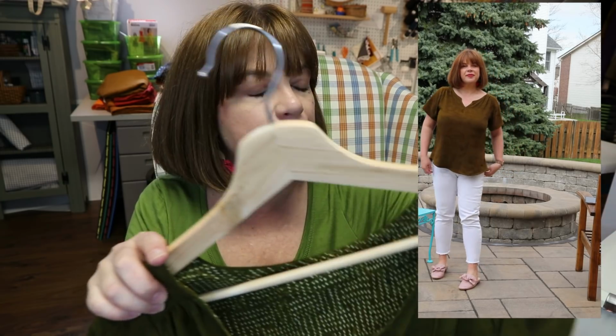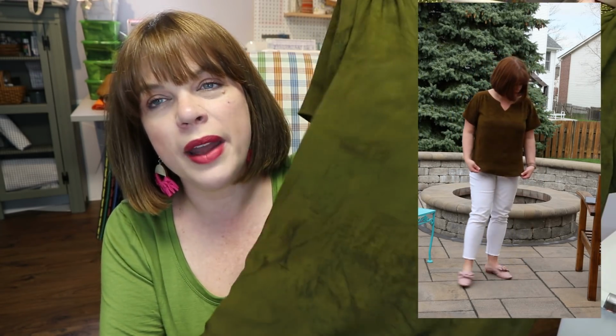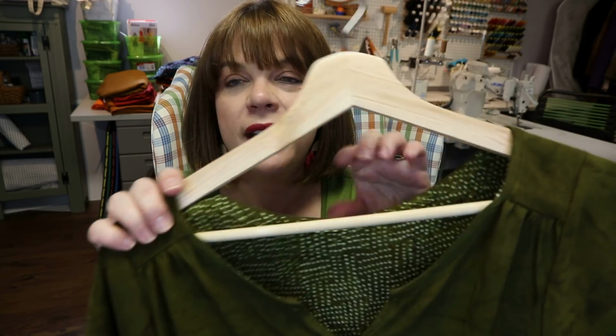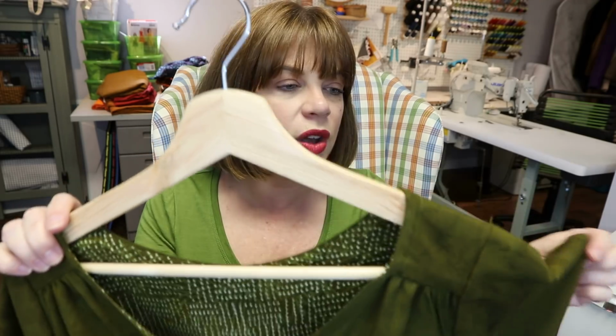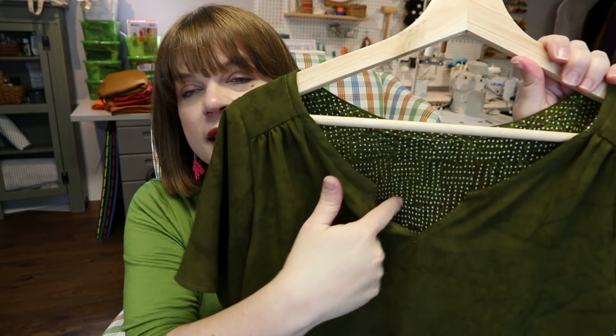This is the leftover fabric from my dress that I did, that new look dress. I have no idea what the number is, that I did in March. So I had just enough of the solid of this batik rayon for the body of the shirt, but I did have to use just what little I had for the inside yoke of the other one. So my dress is primarily this fabric with a little bit of the solid. So I was able to use up all the rest of this fabric, but I did the inside yoke, and then I like to use the bias tape